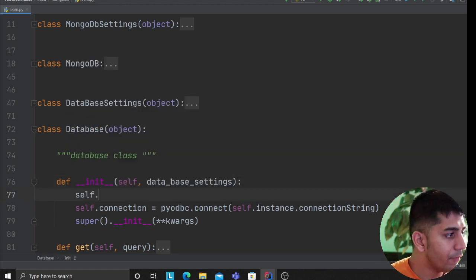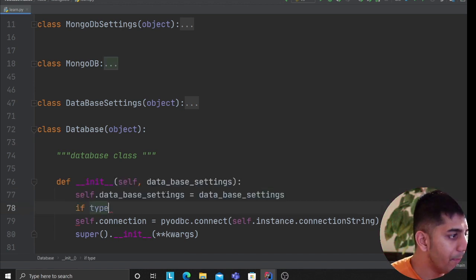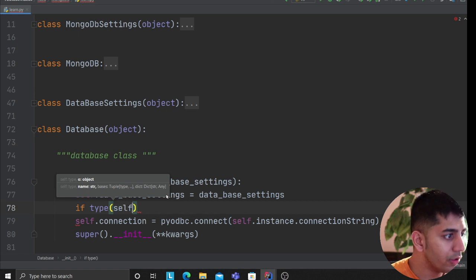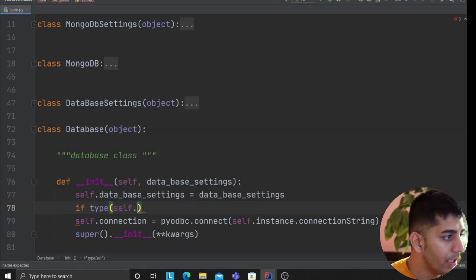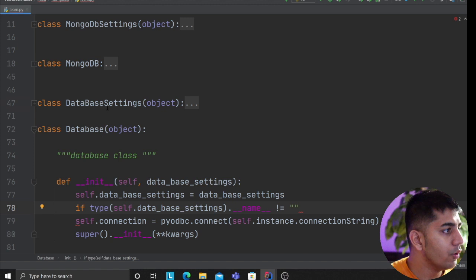So we say self dot, we pass in the instance variable, okay, and we say if type is a word in Python that you can use to check the type, right? And then I'm going to say database settings is not equal to, and remember I want to use the magic method name inside that, and I want to say if it is not equal to the database settings, that means you're doing something wrong.